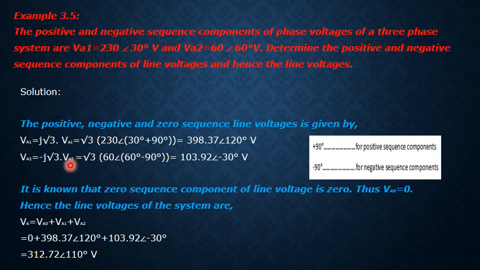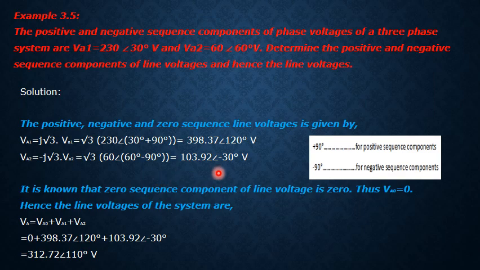As in the case of a negative sequence component, how much is the angle we are having? It is lagging by an angle of 90 degrees, right? So wherever the lag comes, we are going to use a minus sign. So minus 90 degrees: 60 at an angle of 60 degrees minus 90 degrees. If you simplify it, you are going to get the value of the line voltage for the negative sequence component as this much.